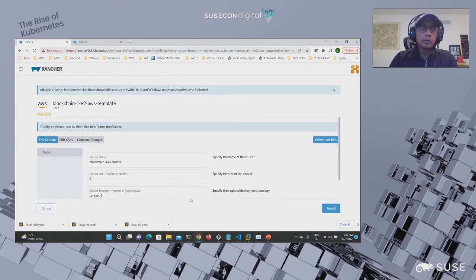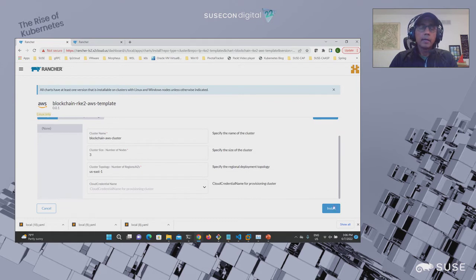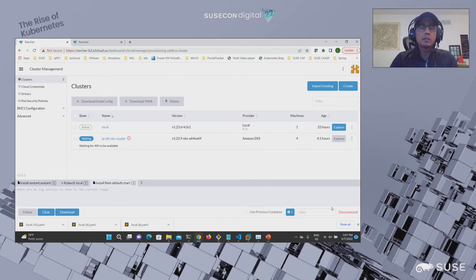And it will leverage picking up my credentials to be able to use this particular cloud provider. And once I'm done with this, behind the scenes is a lot of the templating that it's referencing. And with one click, I have a best practice in terms of security and everything that I want to do with setting up a cluster for my distributed ledger that is actually getting provisioned.